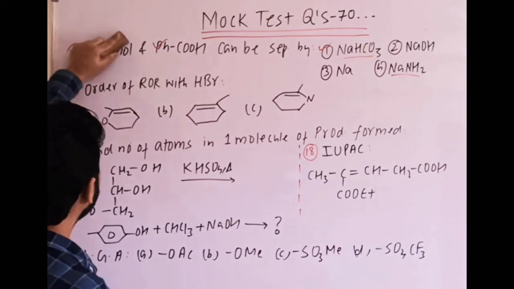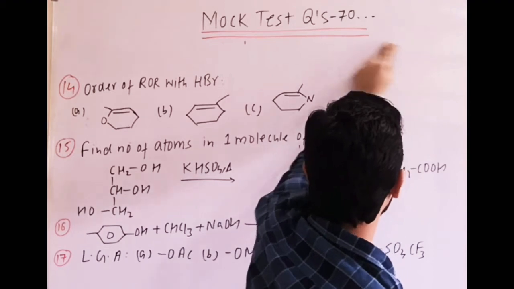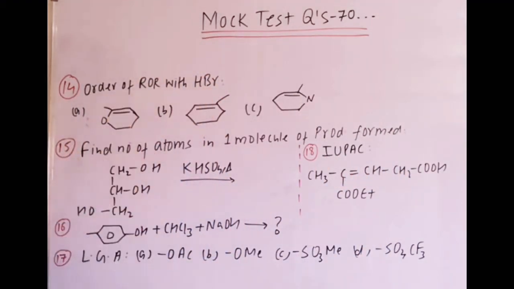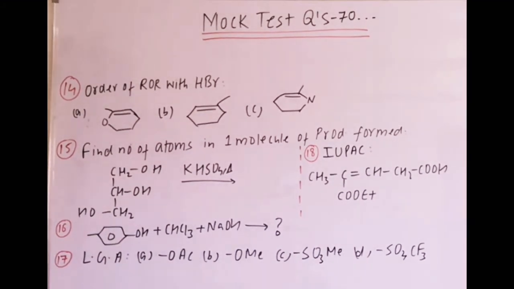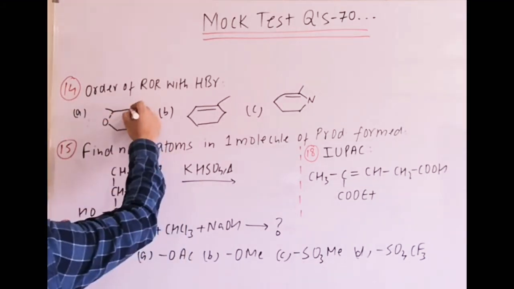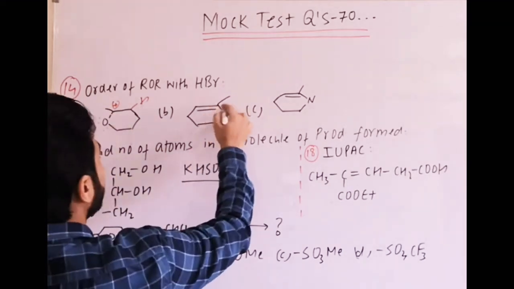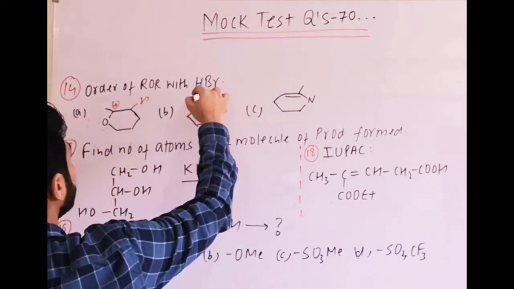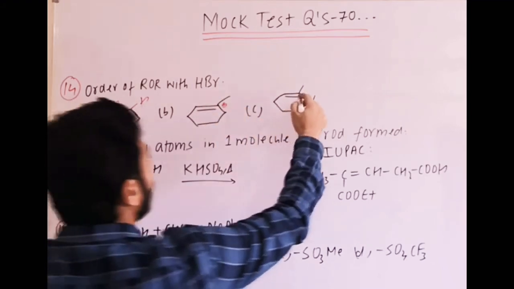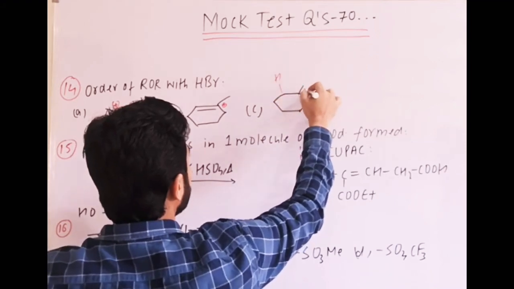Next question is the order of the rate of reaction with HBr in these compounds. The compounds are written, you can write the order and check your answer. HBr, which addition? Electrophilic addition reaction. Now tell me one thing, when the electrophile adds, in the first reaction it is H adding and here the plus charge is highly stabilized due to plus I effect. There also it is better to be attached here so that a tertiary carbocation is formed. Here it will add here and then the plus charge is stabilized by lone pairs.